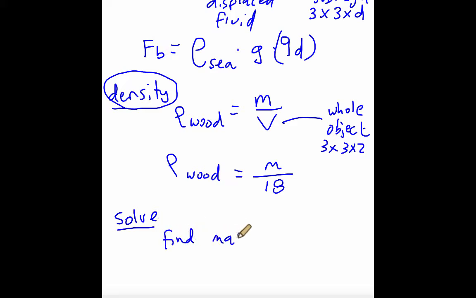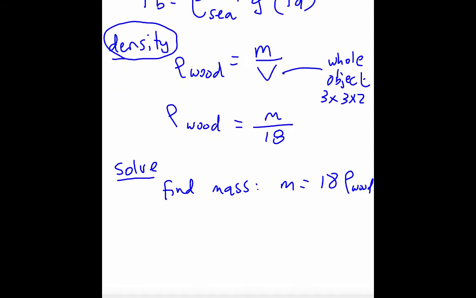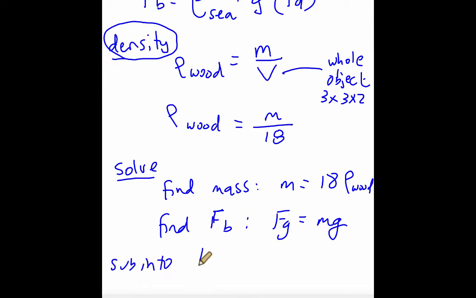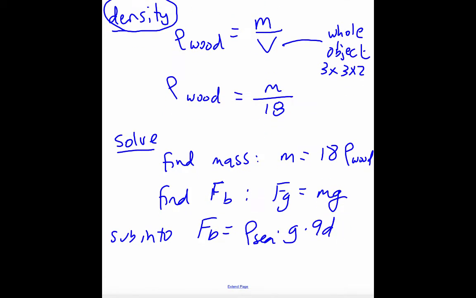So the first step would be to find the mass. Once we've got that, then we can find the force of buoyancy using the first equation. We know it's just mg. And then we'll use our buoyancy equation to figure out what d is. Now, we weren't actually asked to come up with a number for it, we were just simply asked to come